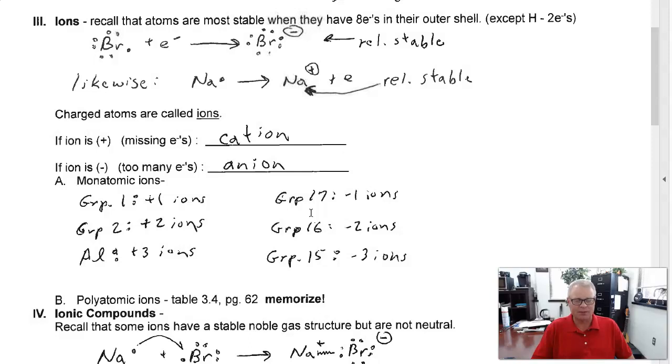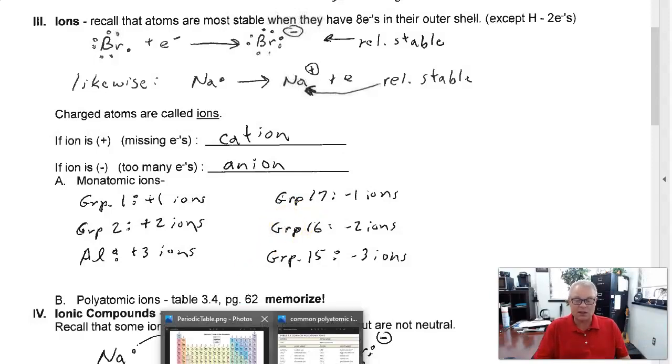What else could it do? Well, it could lose an electron. So it's kind of like an onion. You've got an onion there. You've got this little tiny piece of onion peel on it. And if you take that little piece and you scrape it off, what have you got underneath? Well, you've got a nice full onion skin underneath, right? It's kind of the same way with the sodium. If it loses an electron, now it's got a nice full shell underneath, and now it's got a nice noble gas structure, just like